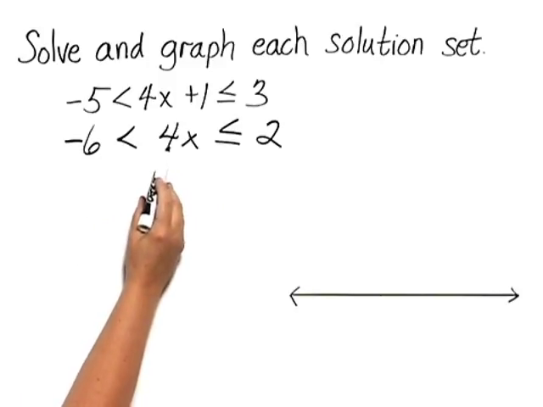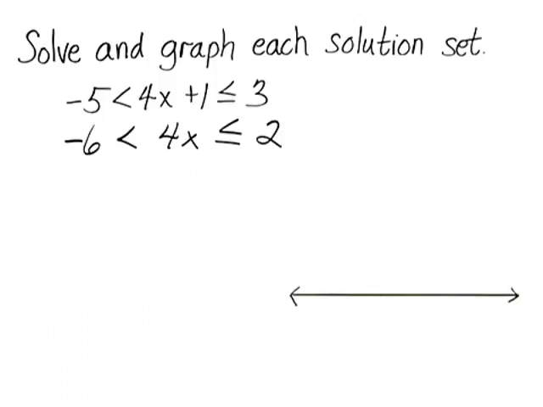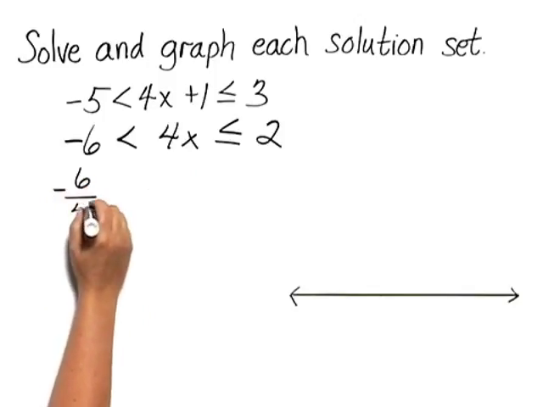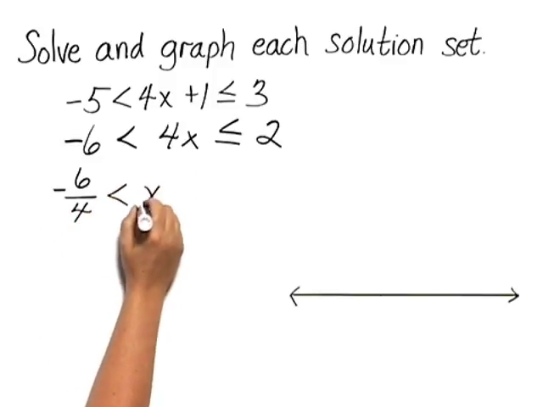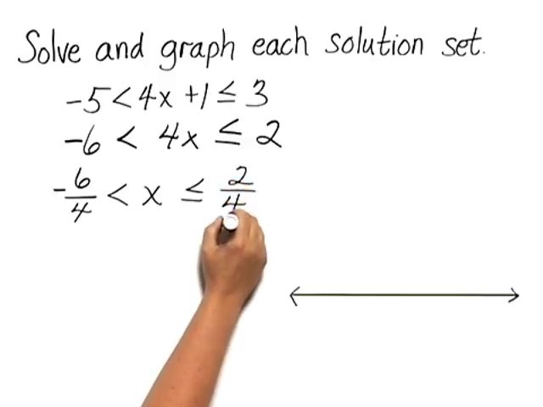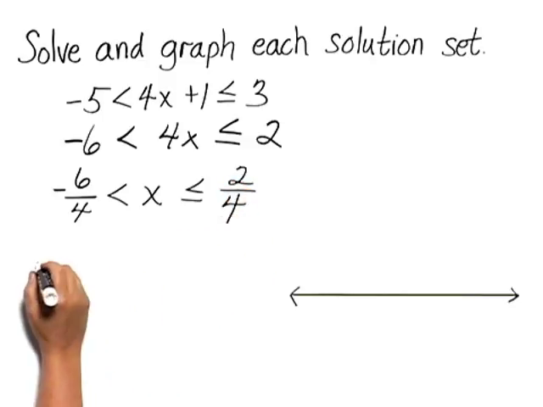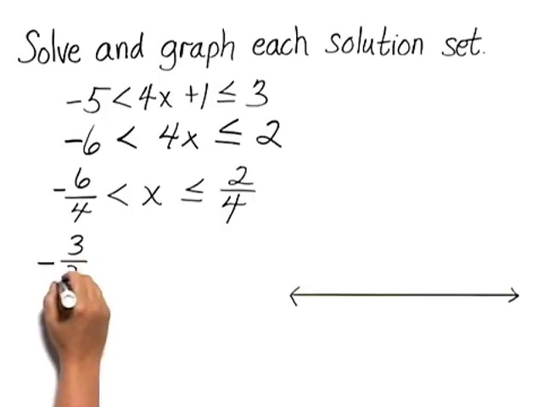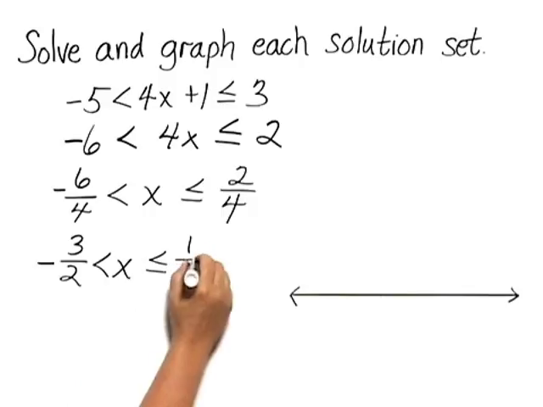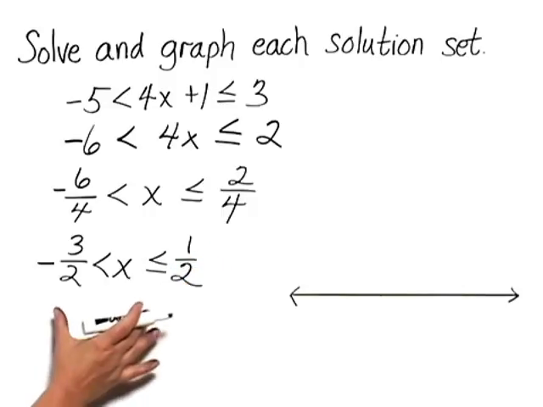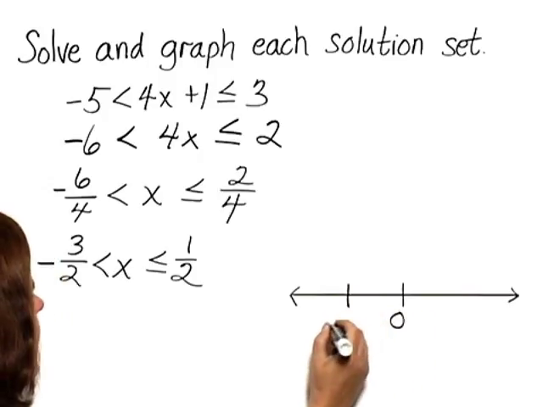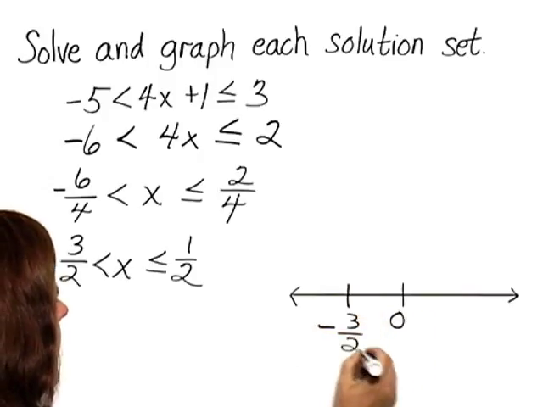Now I can divide everything by 4 in order to get x by itself. I have -6/4 is less than x, and x is less than or equal to 2/4. And these can both be simplified to give me -3/2 is less than x, and x is less than or equal to 1/2. So I can graph this on a number line by marking off a point for -3/2 and